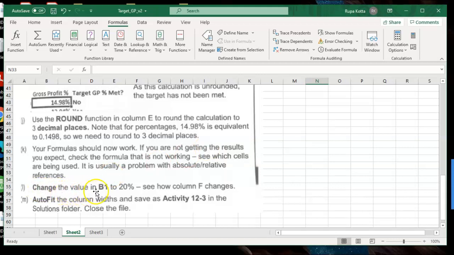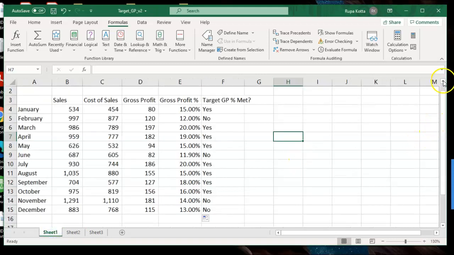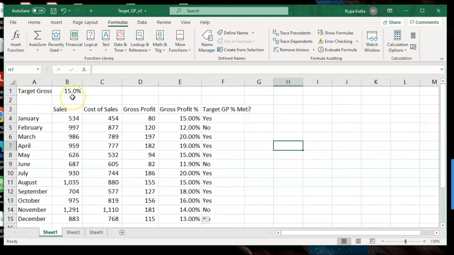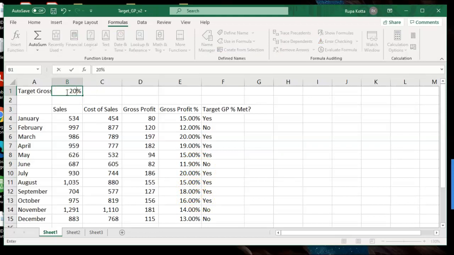Change the value in B1 to 20% and see how column F changes. Previously our target in cell B1 was 15%, so wherever the gross profit percentage is 15 or more than 15, it said yes. But now they want to change your target to 20.